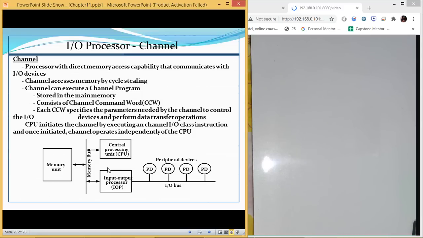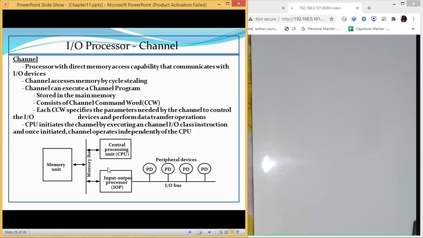Whenever we have to perform any kind of input output, the memory has a program, and inside that program there are instructions which are related to input output. All the instructions which are related to input output are automatically assigned to the input output processor instead of being given to the CPU. It is given to the input output processor and it performs all the tasks.